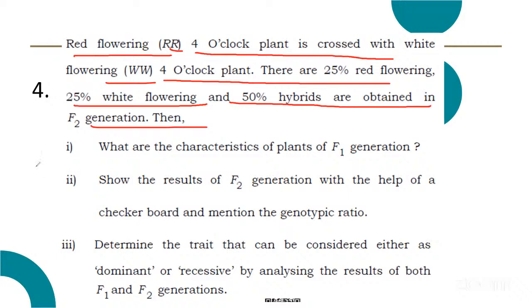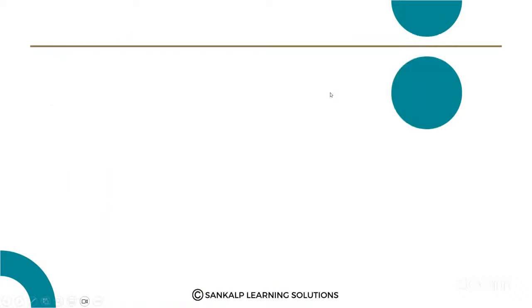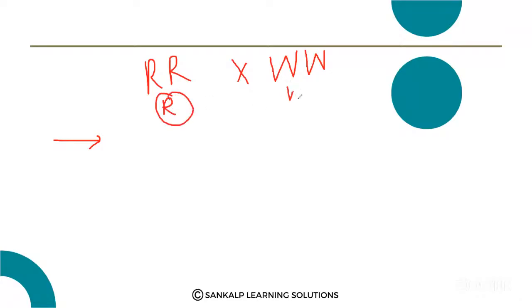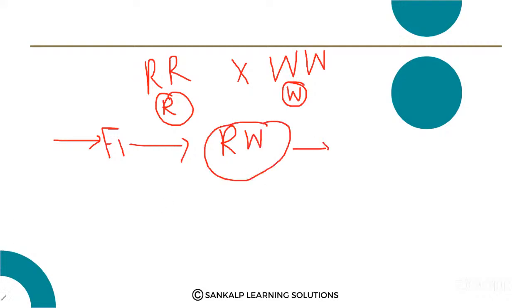Here the 4 o'clock plant that is producing the red flower, that is capital R, that is the dominant. Okay. And white color capital W. F1 generation plants, here gamete capital R, and here gamete capital W. F1 generation plants are producing capital R and capital W, but these are neither red nor white. So these are pink color flowers, because